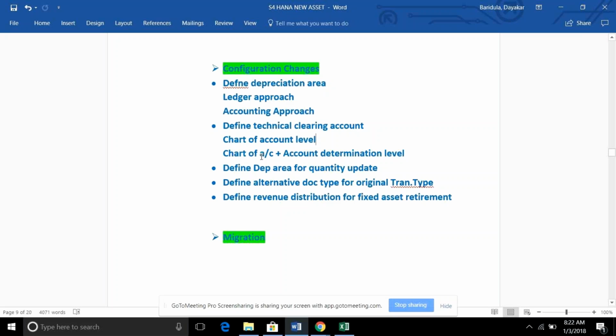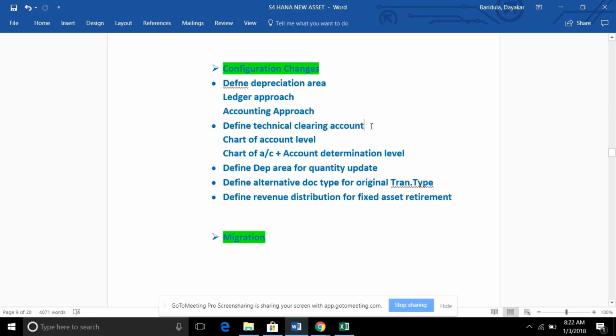For example, for fixed assets I want to differentiate with a different technical clearing account. For AUC I want to have a different technical clearing account. So in that way, with chart of accounts and account determination level we can maintain the technical clearing account, or only a single technical clearing account at chart of accounts level. Both possibilities we have. So these things also we will see. This is a new configuration, you can say.